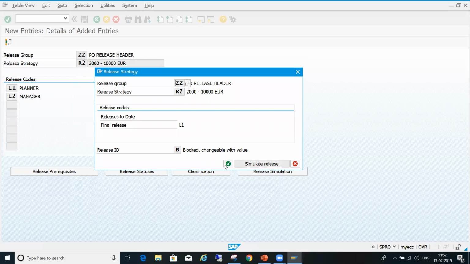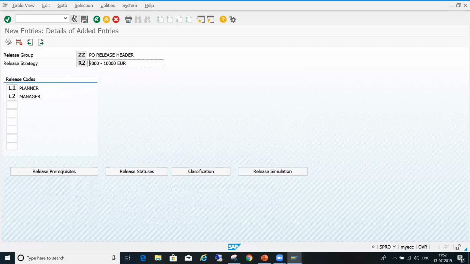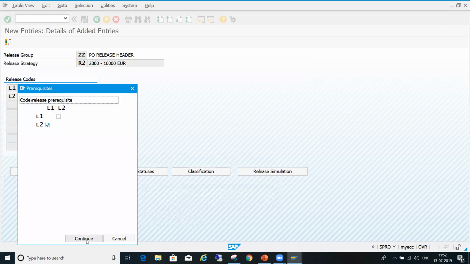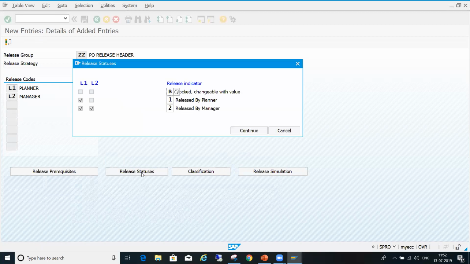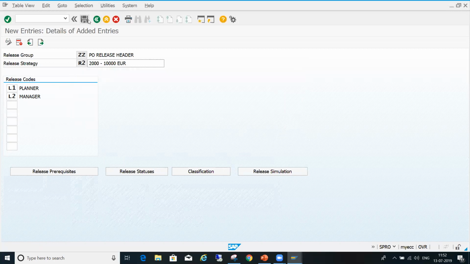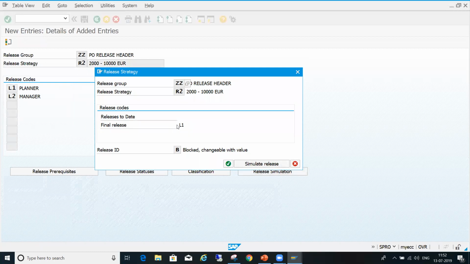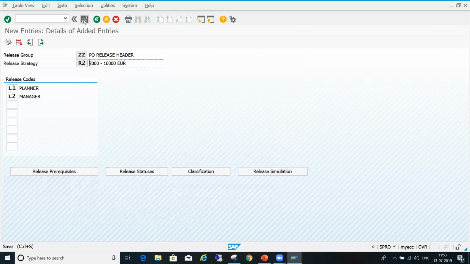So I'm checking this one again. Why is only L1 coming? Something we have to check.